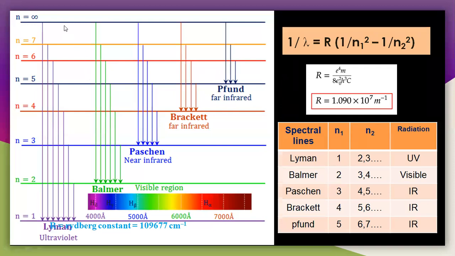So see here. First, what is the Lyman series? So here the particular values, you can easily understand here. See here, n is equal to 1. So that means these are the energy levels. This is the second energy level, third energy level, fourth energy level. So what is the Lyman series? The Lyman series is nothing but the excited electron always coming to only the first energy state here.